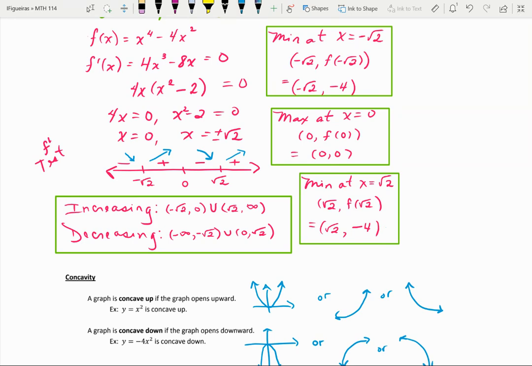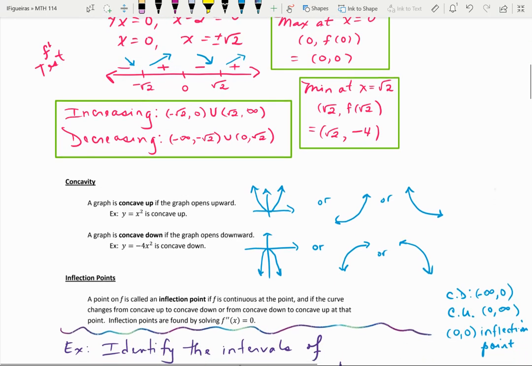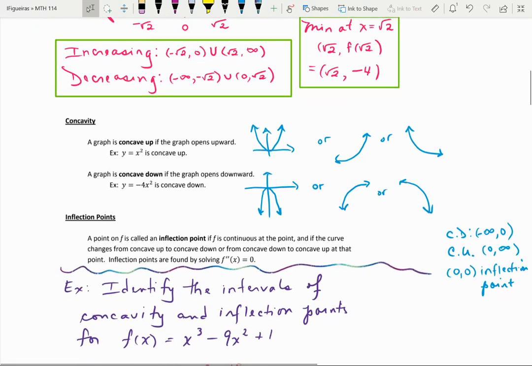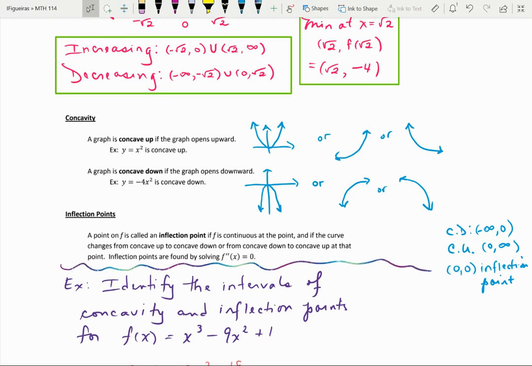Let's move on to information about the second derivative, which is concavity and inflection points. So first let me explain what concavity is. A graph is concave up if the graph is facing upward. An example of a concave up function is your parabola y equals x squared, which I've plotted here for you. That's a very traditional concave up shape, like a U shape facing upward, but it could be more